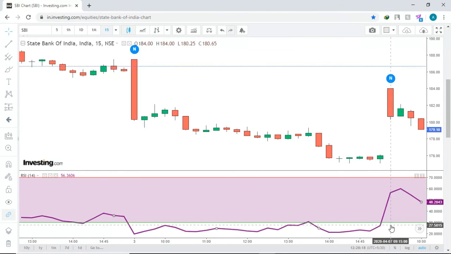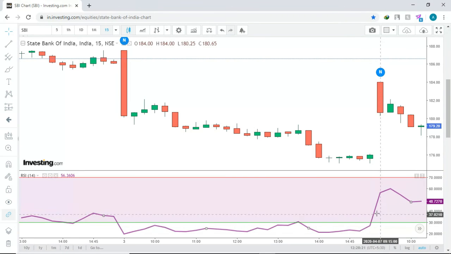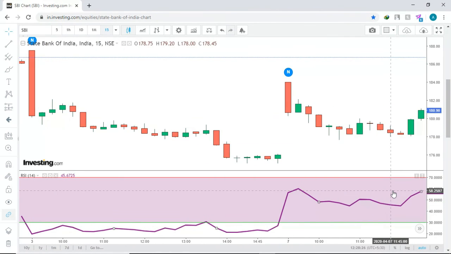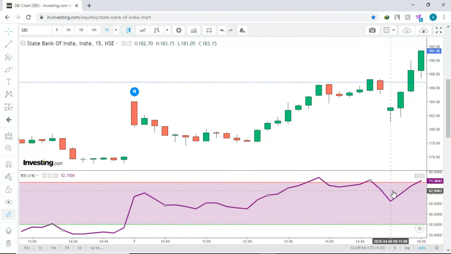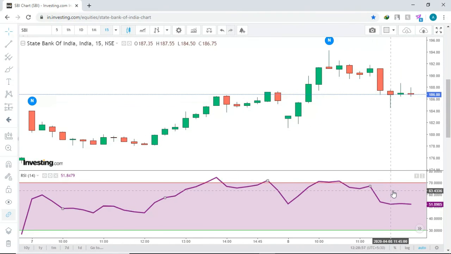So now look at this. After it showed some strength, the value has shot up from here to here. So in that way, you have to analyze the graph and take the trade. And I advise you not to only use the RSI indicator, but also to use other technical indicators like moving average, because you can't blindly go with RSI. You have to check it with moving average and see whether the graph is in a positive or negative direction. Not only moving average, you can analyze Bollinger Bands and all the graphs. It's very simple. It's not that complicated. You need a few hours of concentration so that you can learn the concept. So that is about RSI.